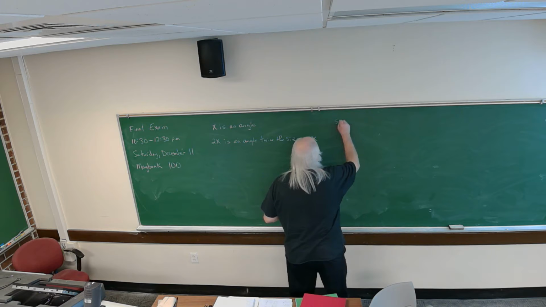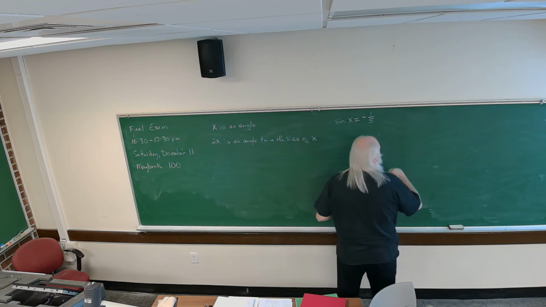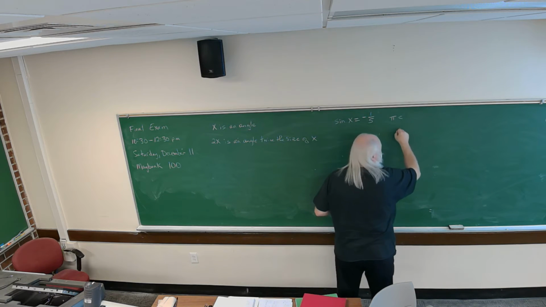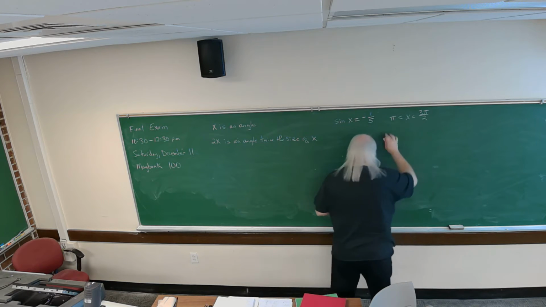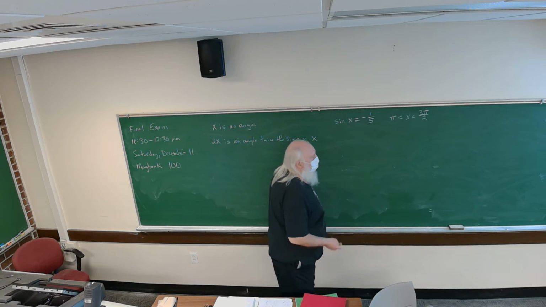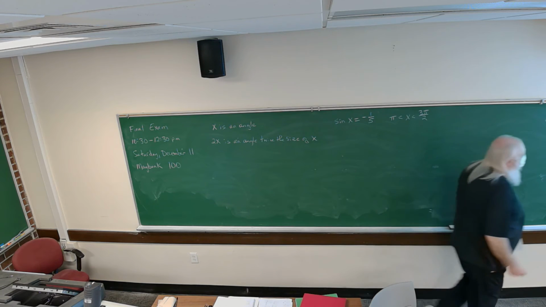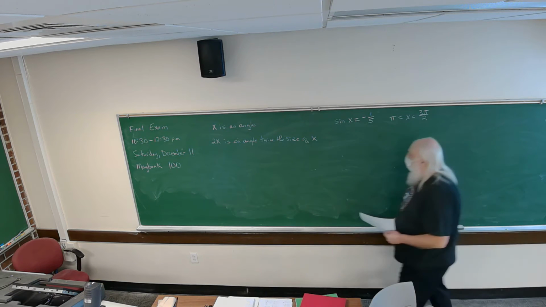So the sine of the angle x is equal to minus 1/5, with the angle x in the third quadrant, right? It's greater than pi radians, but less than 3 pi over 2 radians. All right. So we know what the sine of angle x is. So it's really straightforward to calculate what the cosine of the angle 2x is by using this third formula down here for cosine of 2x, right? It's equal to 1 minus 2 times the sine of x squared. So using that formula,